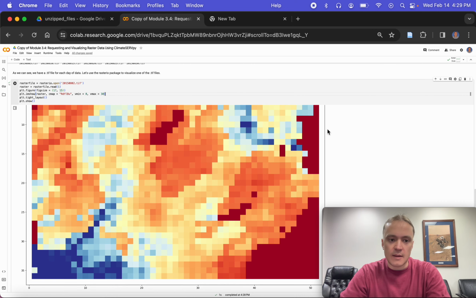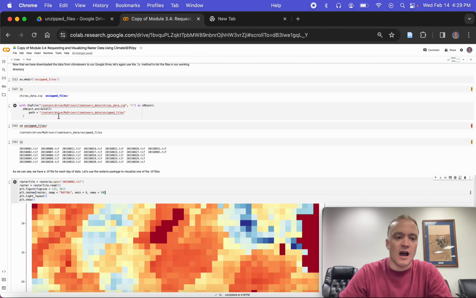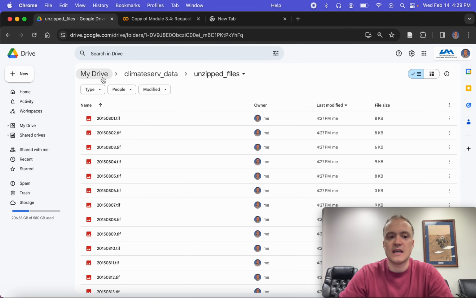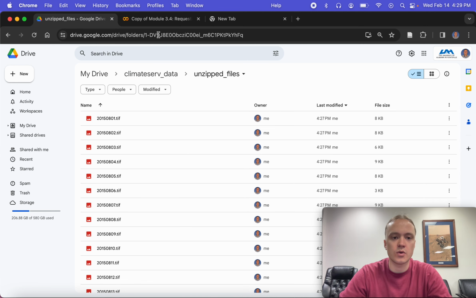So I'm going to stop the visualization exercise here, but of course we can make this more complicated if we wish to. We could take all of the data here and make an animation. We could work with this data in QGIS, but I hope I was able to show in this video that instead of working with the files with a user interface and moving them around on your Google Drive or on